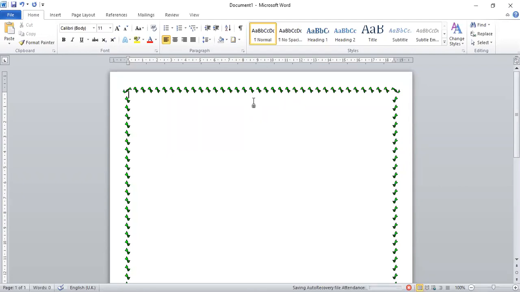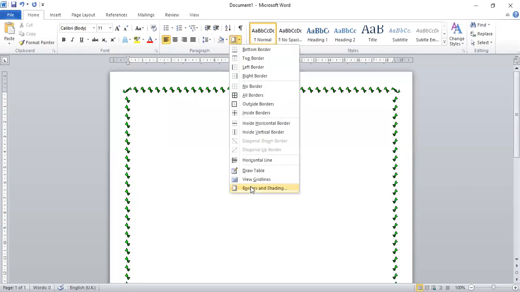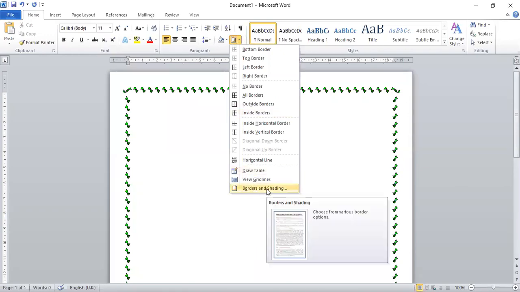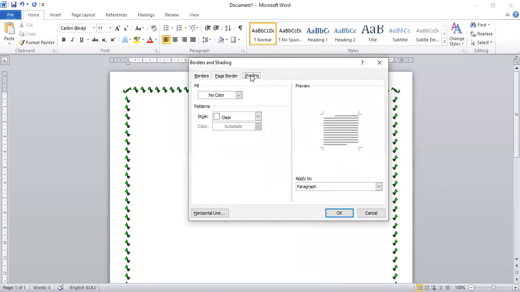Now let's see the next option. Again, go to the same option. It is there in the Home tab, Paragraph group. This is the Border button. Just click on this arrow. You'll get the Border and Shading option. Just click on this. तो इसके बाद नीचे वाला जो है वो shading option है,